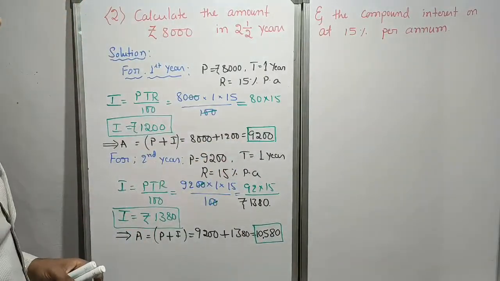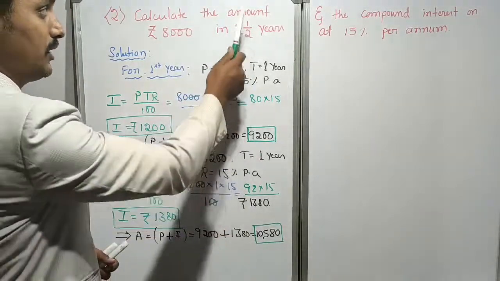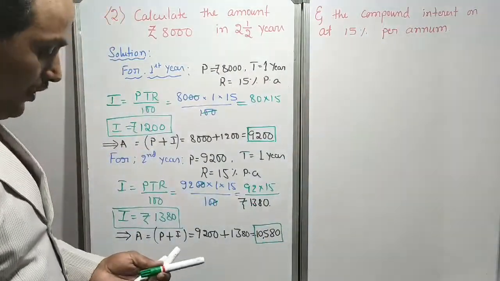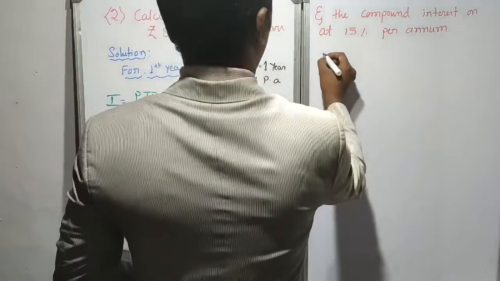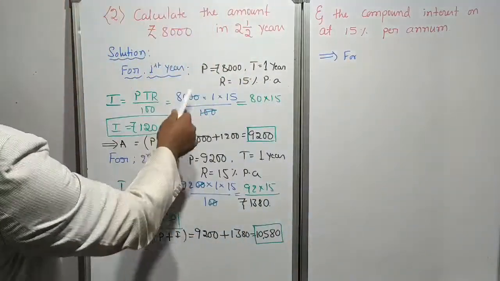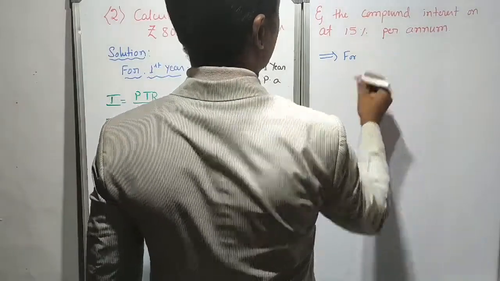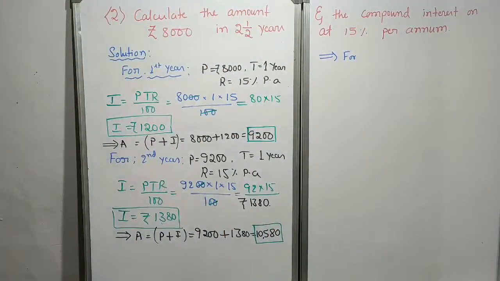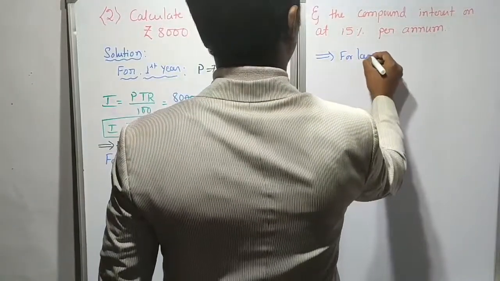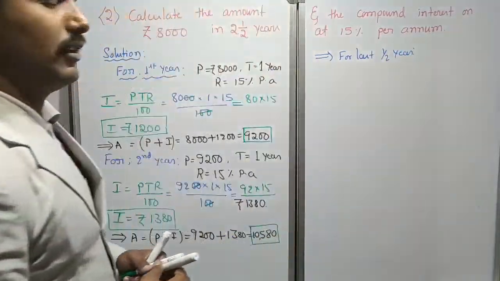See, I want the 2.5 year amount. At the end of the 2.5 years, how much amount? At 2.5 years, how much is the compound interest? I will go directly now. First year over, second year over, or half year. Means last half year. What is that? Last half year, dear children? Correct answer, dear children. For the last half year, that principal amount.